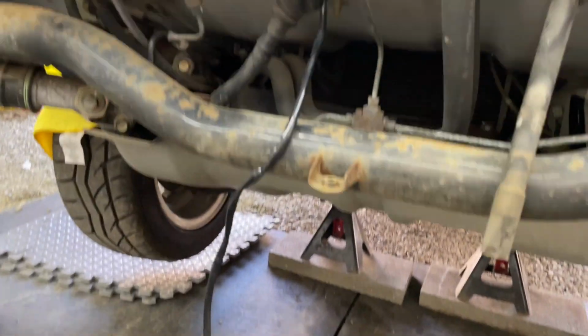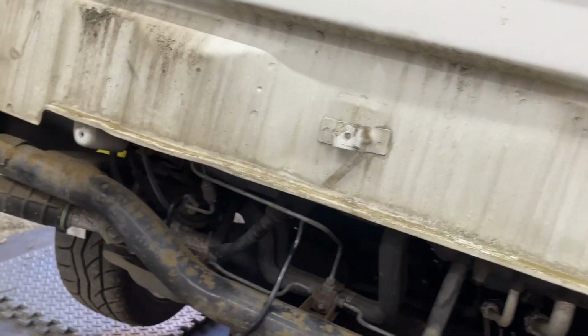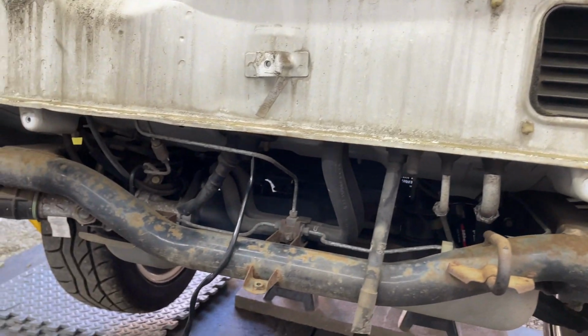But yeah, I got the wire coming down through there. I'll re-stick those to the body and get it all mounted up. But since I don't have the clips to actually put the fog lights in right now, I think I'll just call this the video. I just really wanted to show